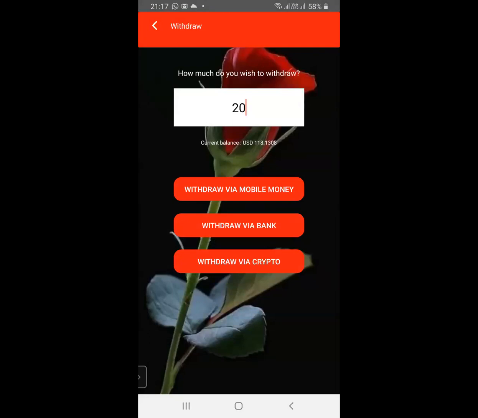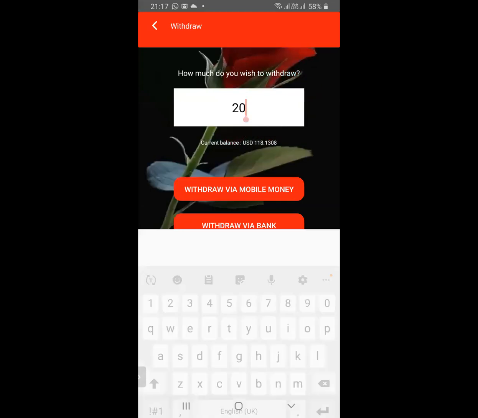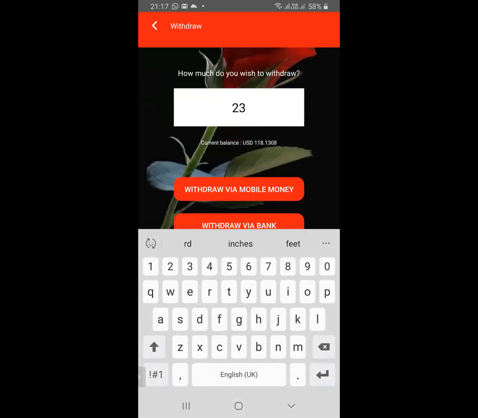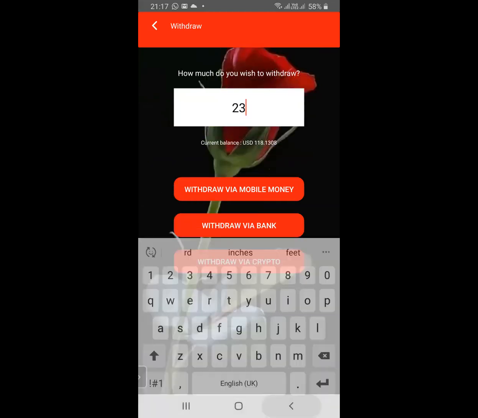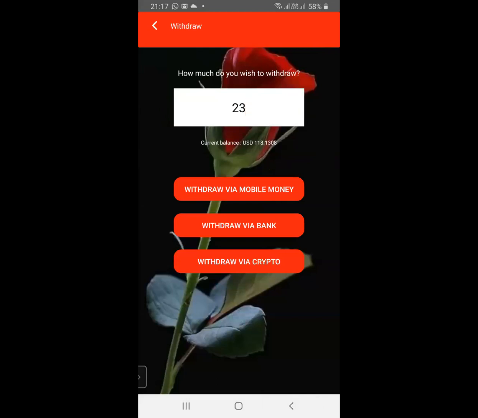For crypto, the minimum withdrawal is actually 23 AVS dollars. Just have that at the back of your mind. 23 is the minimum you can withdraw via crypto, so you do either 23 and above.